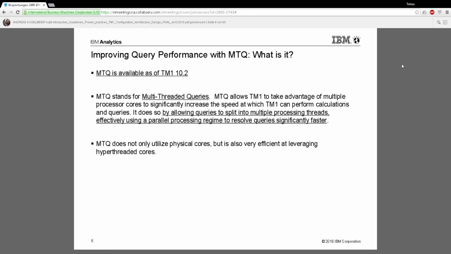An example is, let's say you have a query that looks at actuals, plan, and actuals versus plan. In a simplistic way, TM1 might say, okay, let me run one query that retrieves actuals, let me run one query that retrieves plan, and then let me run a query that does the variance calculation. MTQ can